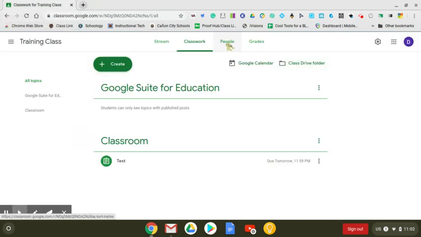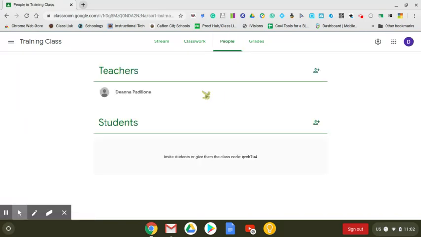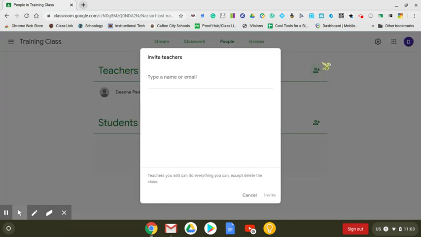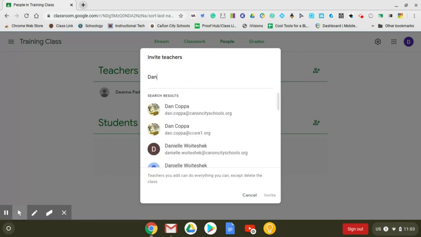Okay, so people. Under this people menu, this is where we're going to see who has access to this class. Our first option here is teachers. So I have myself. If I wanted to add a teacher, so I have a co-teacher that helps me with that, or perhaps I have a para in my classroom, I'm going to click on invite teachers, and then I'm going to type in their email address or their name, and it should populate with our school